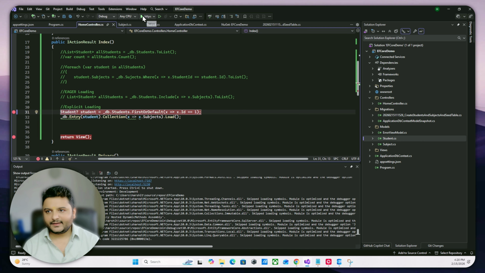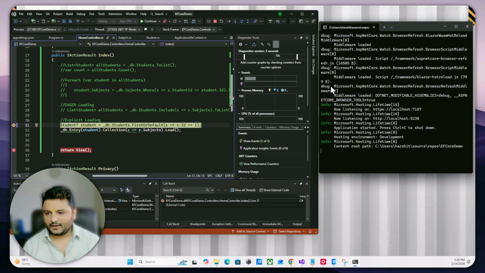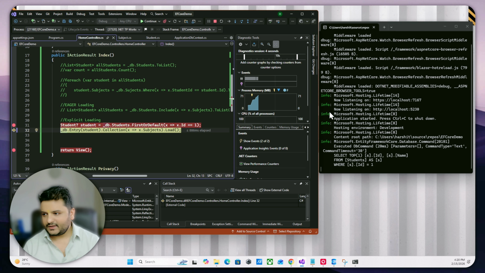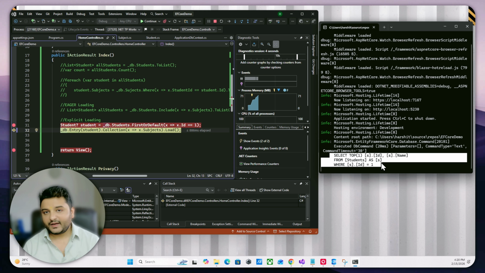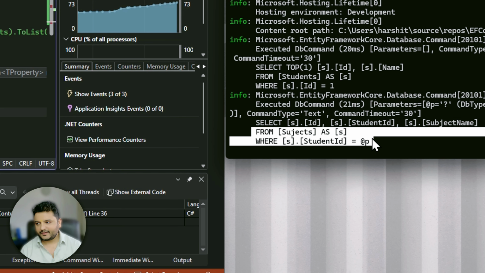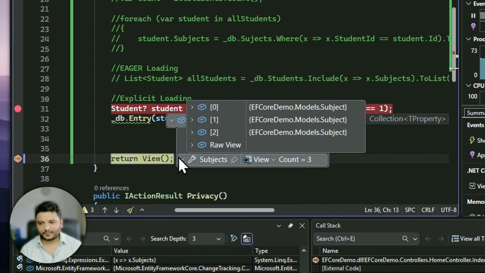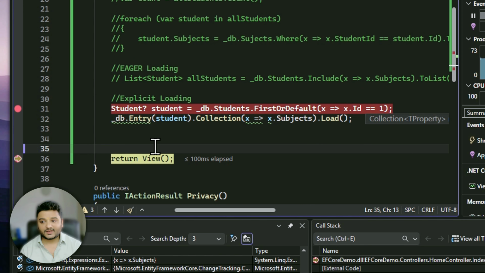So now let's run this. We get the console. Let me minimize it. Okay, and let's hit this. So we see that we get this command being hit on the DB, which is fine. We get the student whose ID is 1, and now if I do this again, I get another command being done, and this time it is also loading the subject where the student ID is there. So now if I look at the student over here, I would see that my subjects also are coming. So this is how explicit loading can be done, and you are asking it to load the collection into this